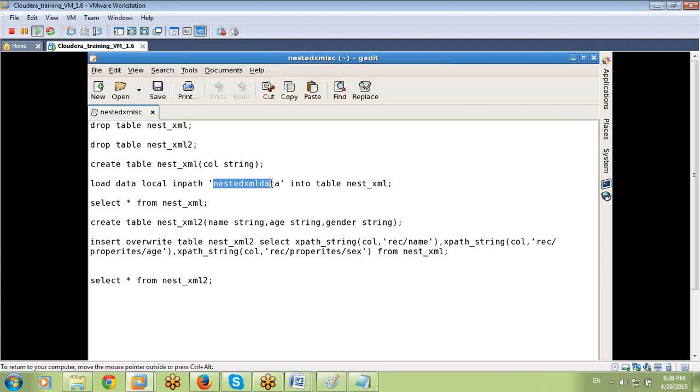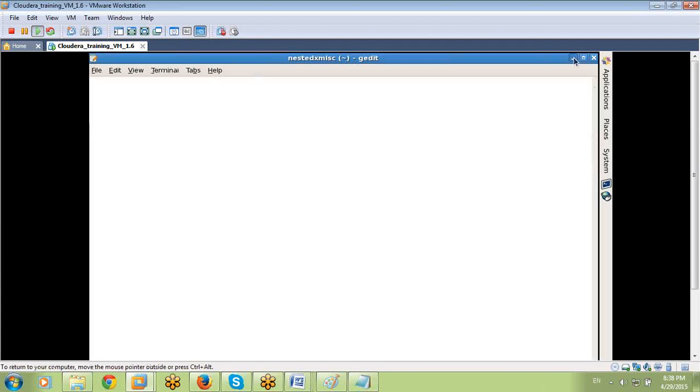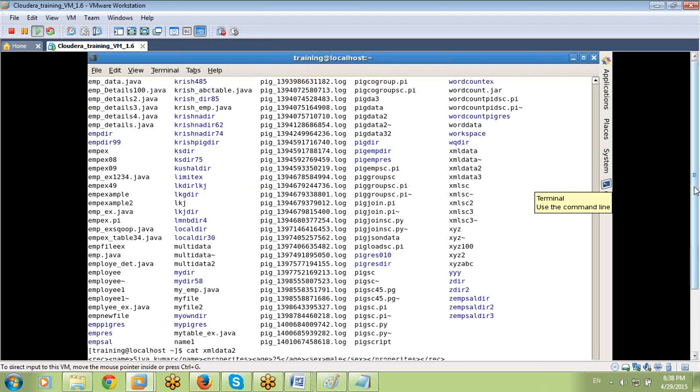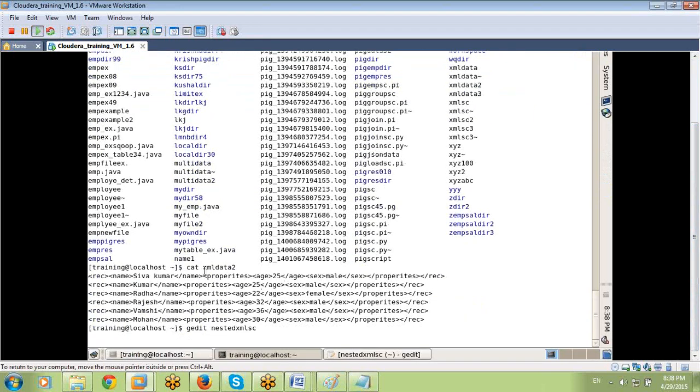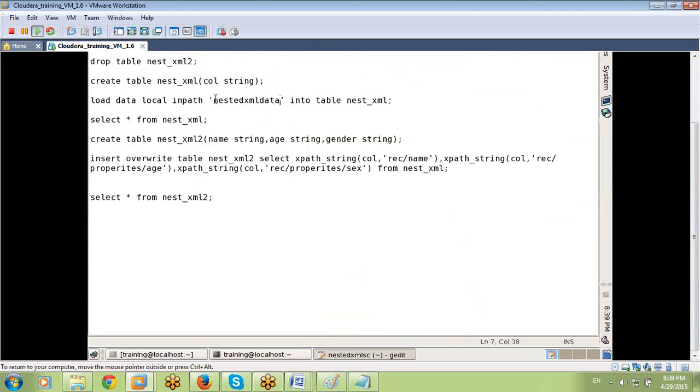What is the file path? Here some name is there, but what is my local file name? The nested XML file name, xmldata2. Make this point clear. So change here the local file name, mention whatever data file it is, xmldata2, into table name, select statement, create table, insert overwrite command also. Clearly everything is there.